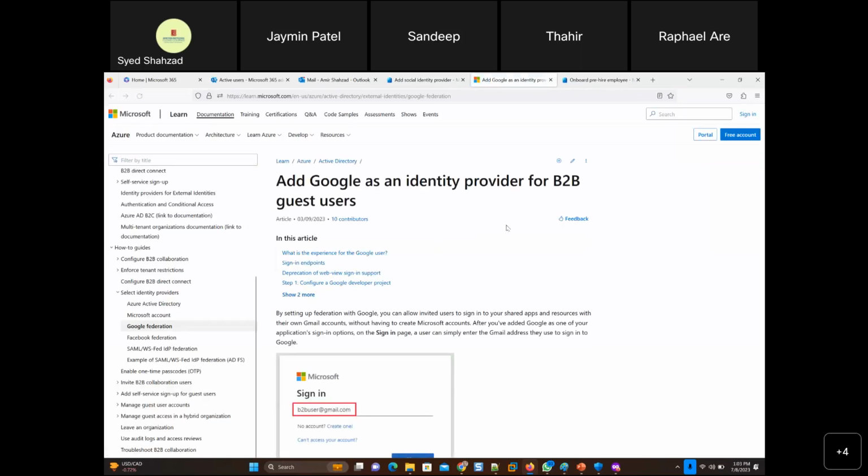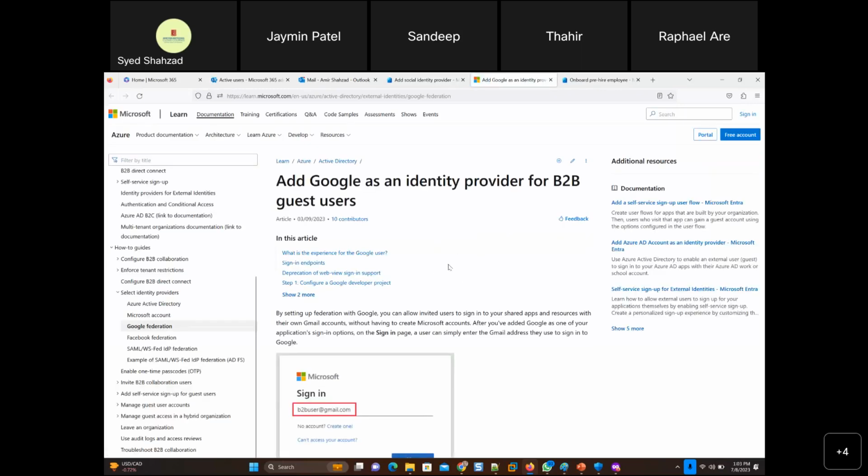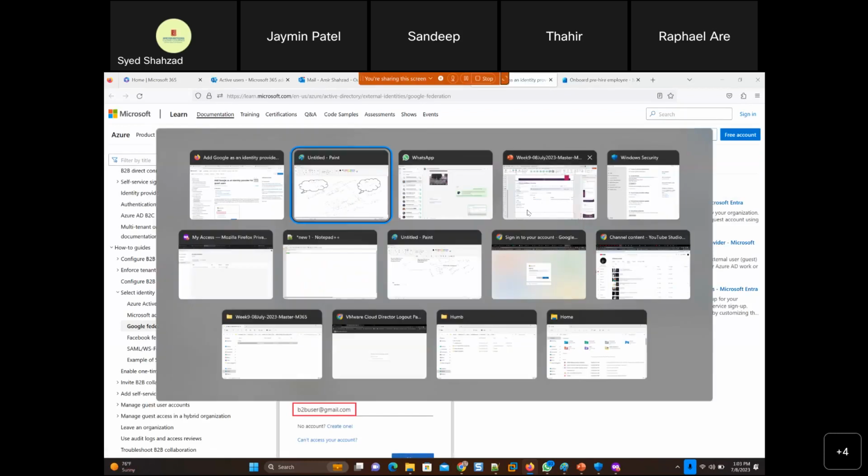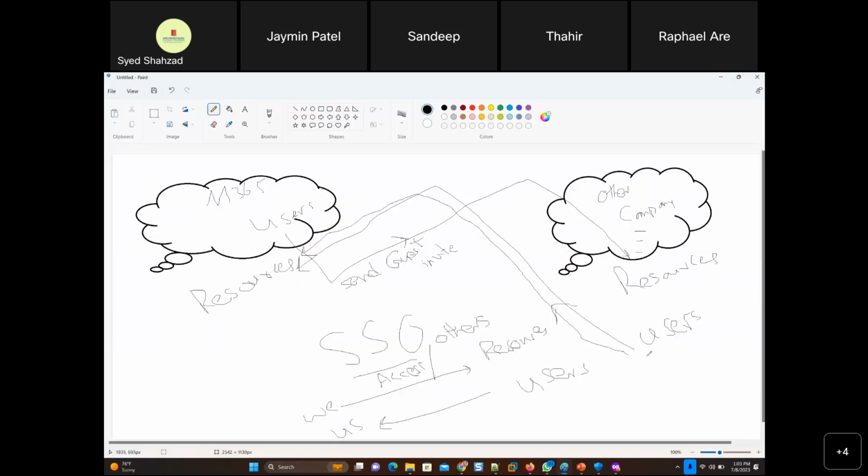Obviously, this is the whole document on Google as an identity provider for business-to-business guest users. So the difference here is instead of inviting 1 or 2 guest users, you are going for the whole company. The other company may have purchased Google G Suite.